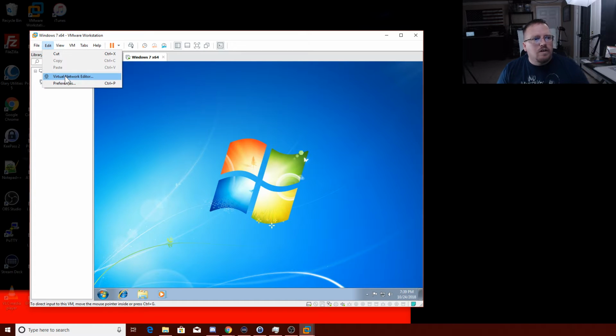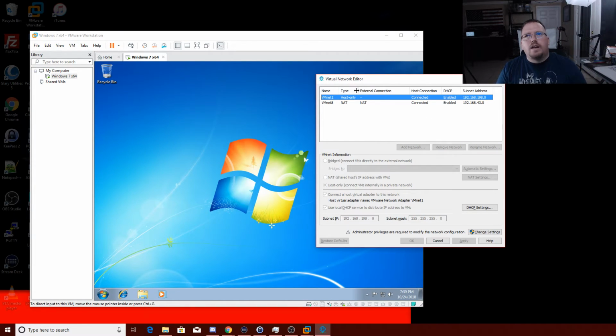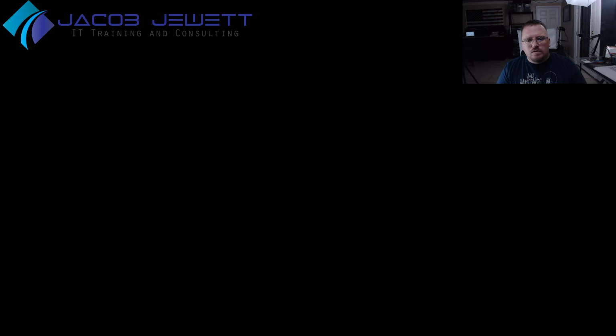Virtual Network Editor. If I click on that, I can actually add additional networks. It's pretty powerful. I can set up my own subnets. I can do a bridge connection. You have these two VMnets here, and I can add an additional one. So I just go to,